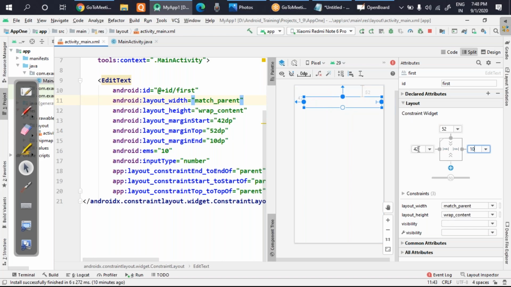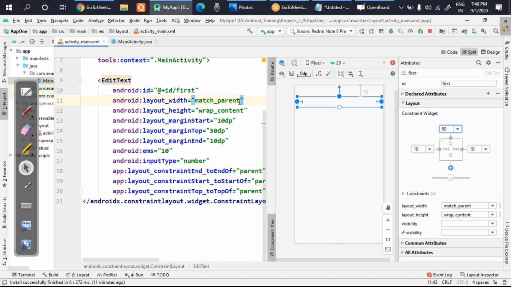And suppose I'm reducing this value also to 10, you can see it is taking the complete part. So it is not completely dependent upon padding. This is also called a padding kind of, or you can say margin kind of. What kind of margin you want to set. So I have given some margin of 10 from both sides. On top also it's up to you. Suppose I'm giving a margin of, let it be 50. So you can set it that way, and in this way I have set the margins of my edit text. Downside I have not set because I'm going to put some more components.